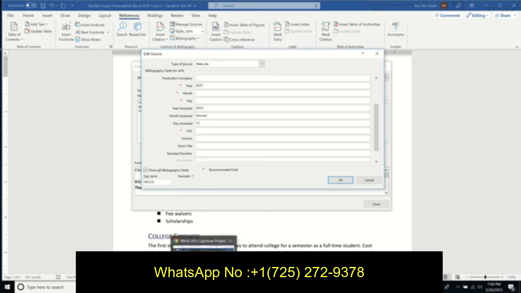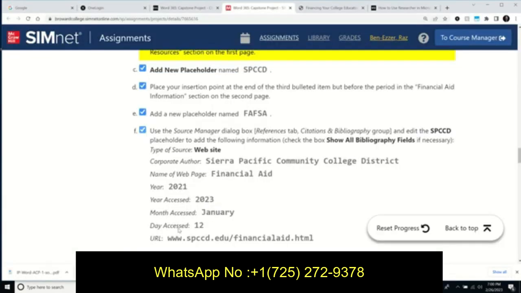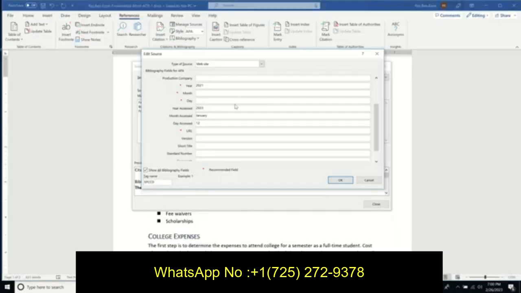And last but not least, they want the URL to be this thing, because it's a web page. Copy. And where I put the URL is at the very top. There's a field for URL. Web page name, editor, year, month, URL. Here it is. On the Mac, it's a little higher, but it's still the same name. So I just make sure that I copy its entire, everything from the W all the way to the HTML to the L, and